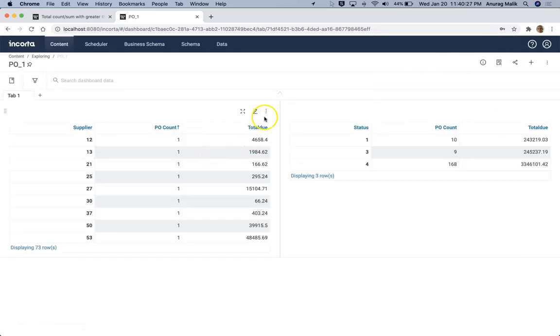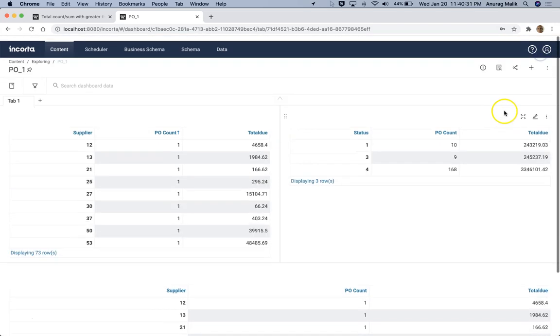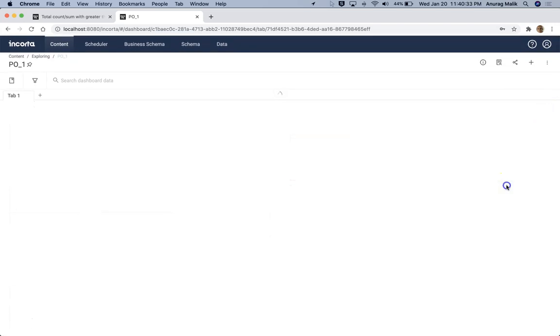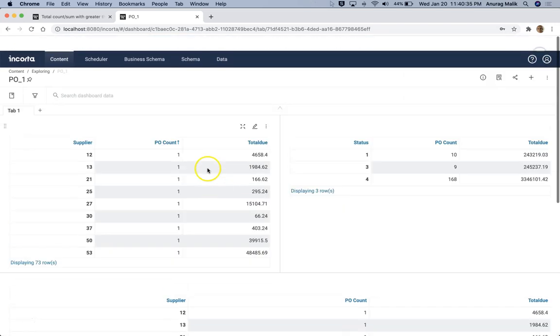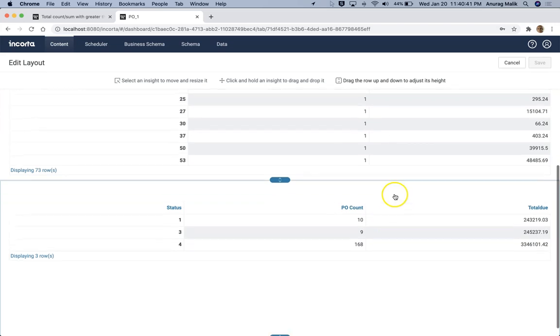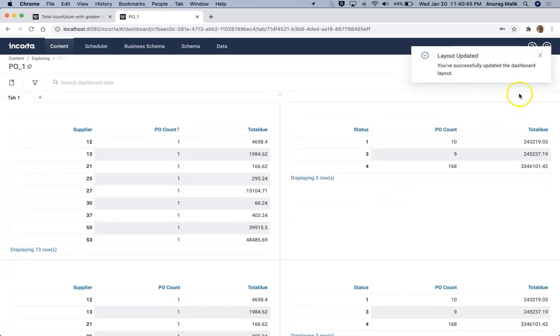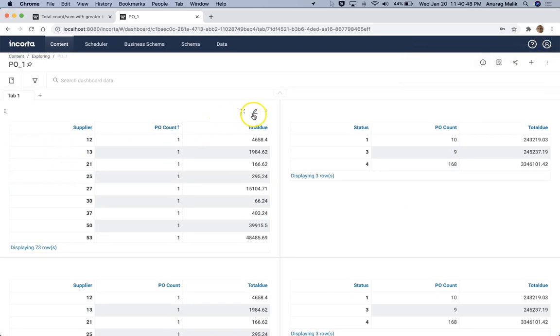But before that, let me duplicate this here, and let me duplicate this one as well, so that when you apply the filter, we can compare how the filter is getting applied. So edit layout, let me just bring this one next to it. All right. So first we'll test our filter with this. The way you apply that filter is